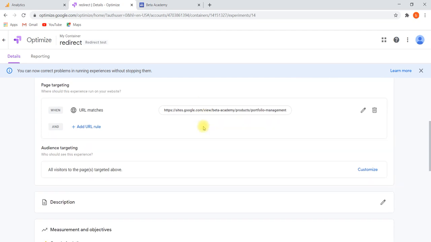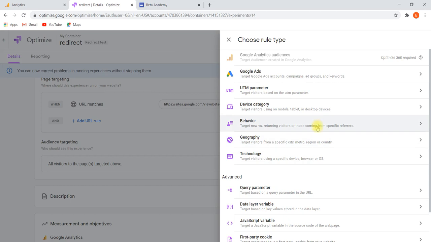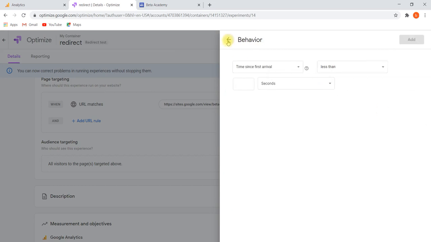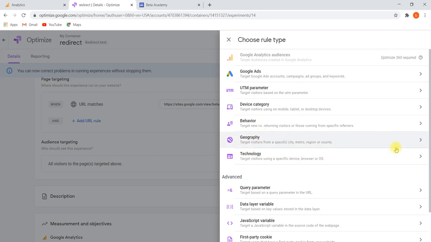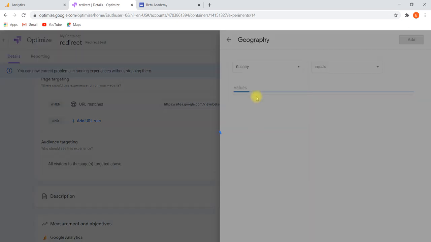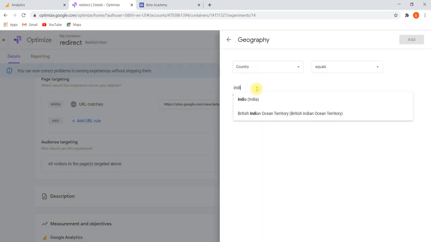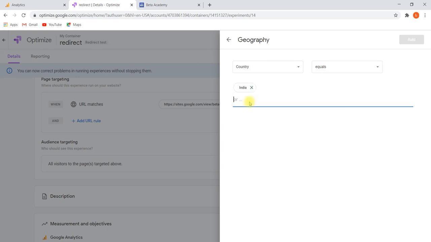For example, you would like to target an audience, customize only on a behavior basis, or we can say geography basis, for example a city, or country. I would like to show this new variant page for India.